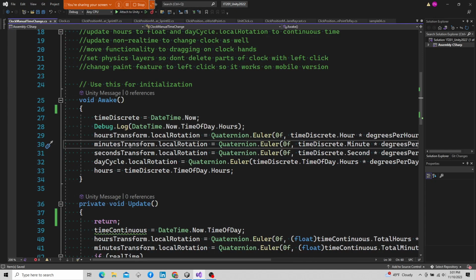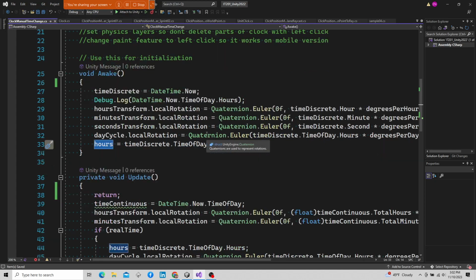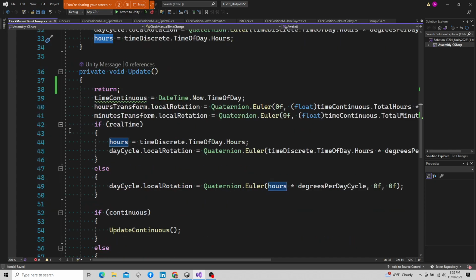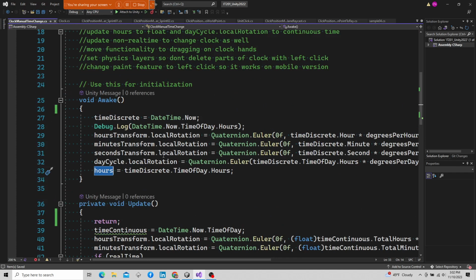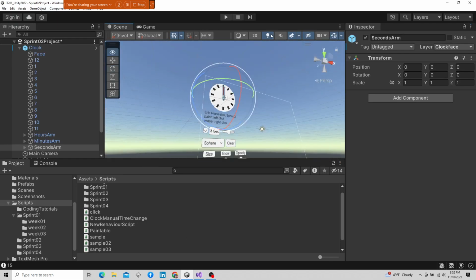All right, so we have hours, minutes, and seconds that we updated. I'm going to ignore the day cycle for right now. And we're just storing our hours, whatever it was, because I'm going to do testing and stuff later. Now we have to go into the Update method and see how that's working. And then I have to cover what this day cycle is all about, how we're going to manipulate the big sun in the sky. If I zoom out,